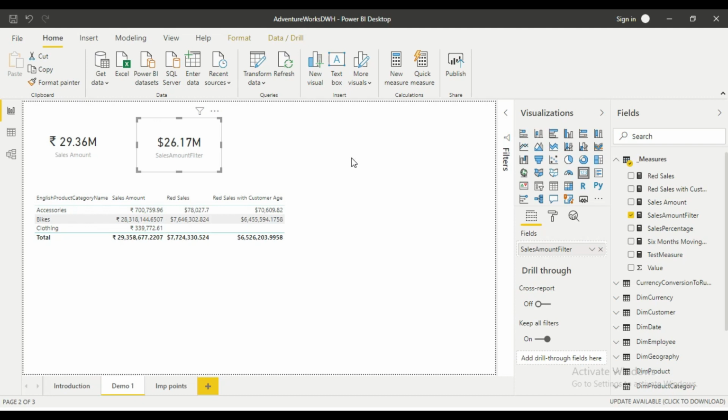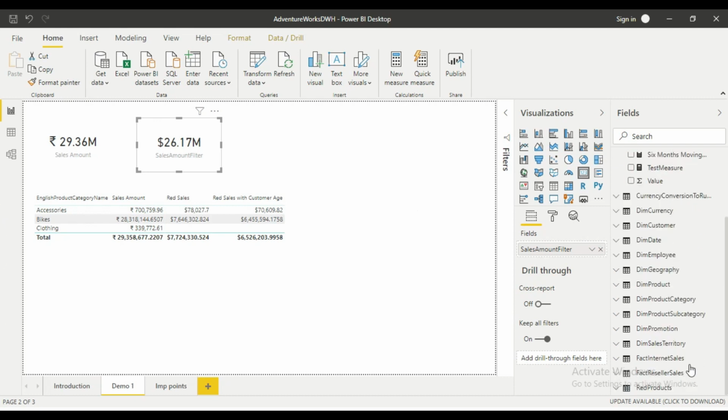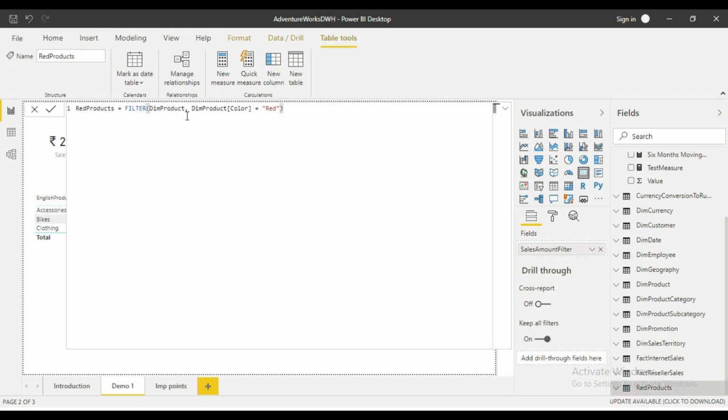Now coming to the second use case, in which I said that a table function can be used to create a calculated table inside the Power BI model. I'll scroll down and you can see there is a table named red products. Let me click and show you the expression. So here is the expression.